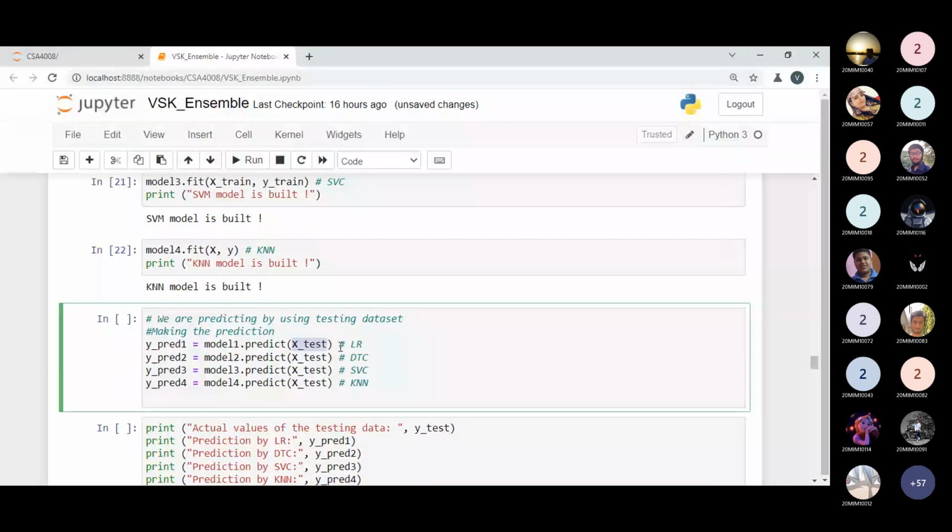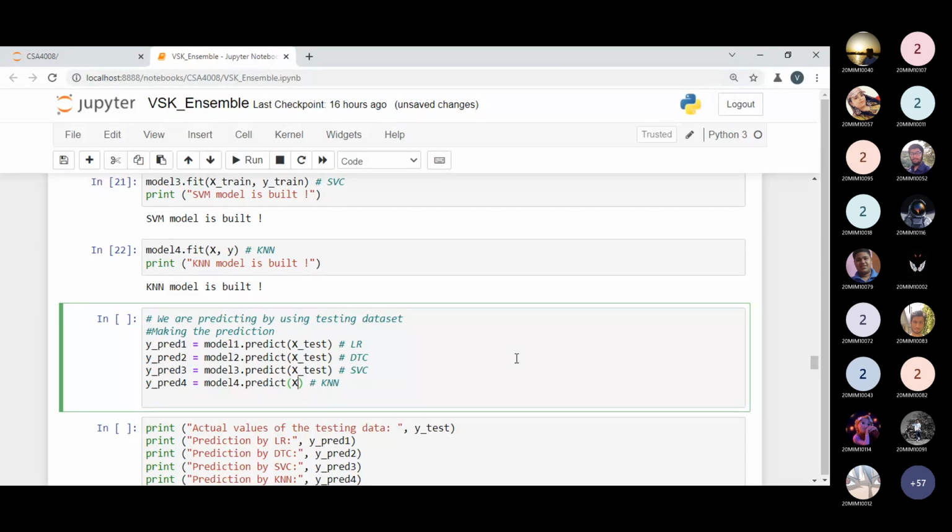By passing the X test, you can determine the prediction. In KNN you can also pass the X test if you want to. So you can predict with the testing data set, but if you pass X, it will be suggested as a better idea, because the testing data set is not used in the training. So I have to pass the entire data set to predict with my model.